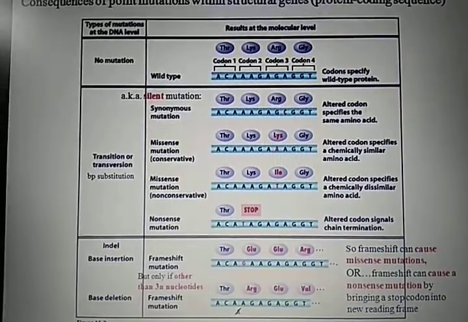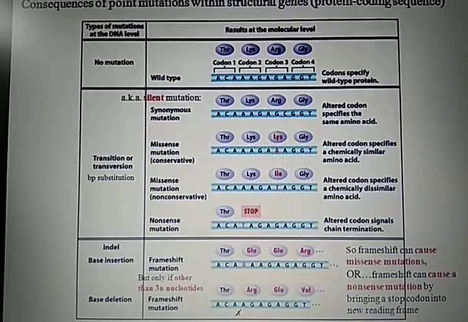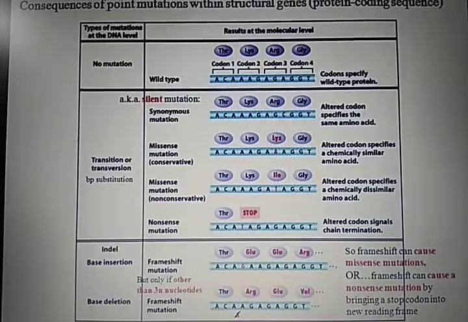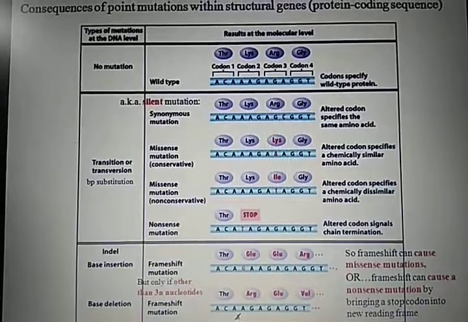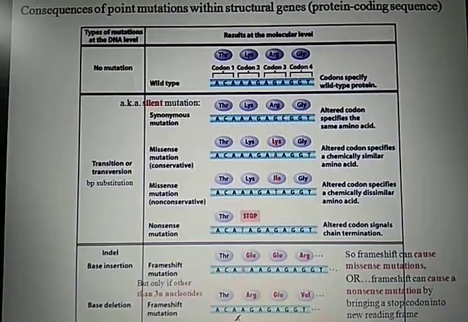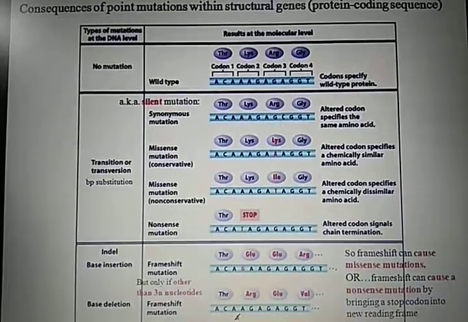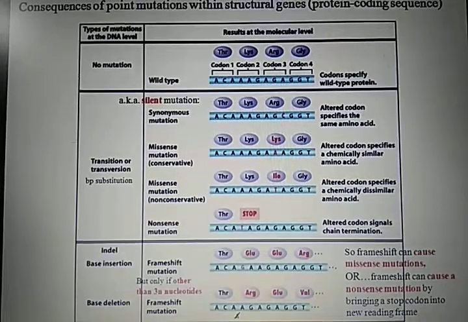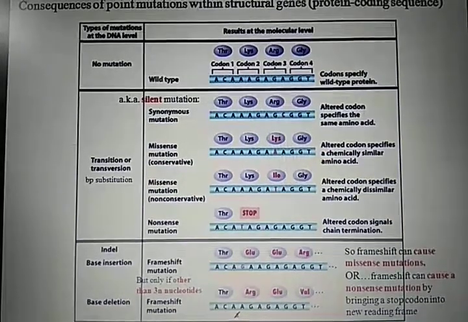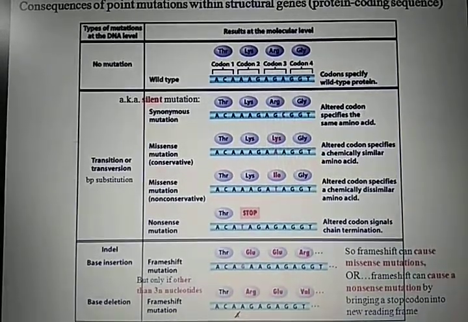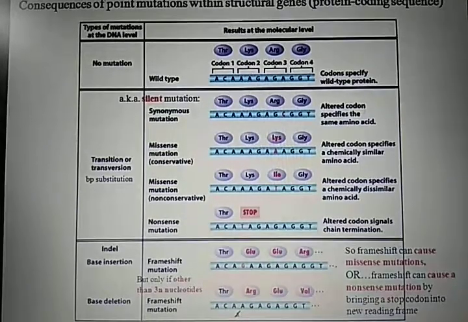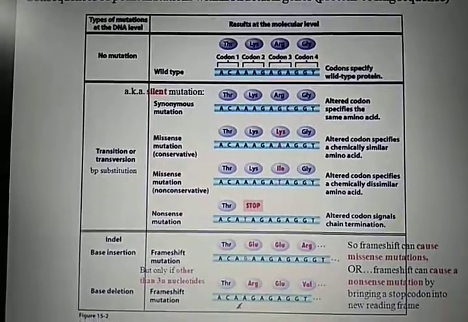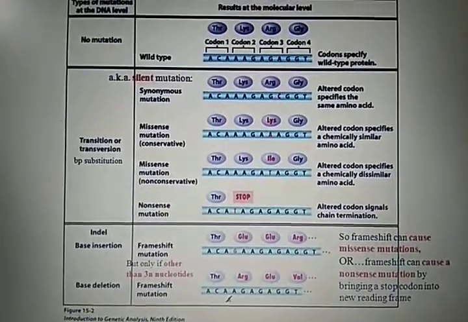Base pair substitution is the first one, and it is caused by incorporation of wrong base during replication and repairing of the DNA. In base pair substitution, it can be classified into transition and transversion. In transition, a purine is replaced by a purine or a pyrimidine is replaced by a pyrimidine, while in transversion, a purine is replaced by a pyrimidine or vice versa. Let us understand this concept from the figure provided here.